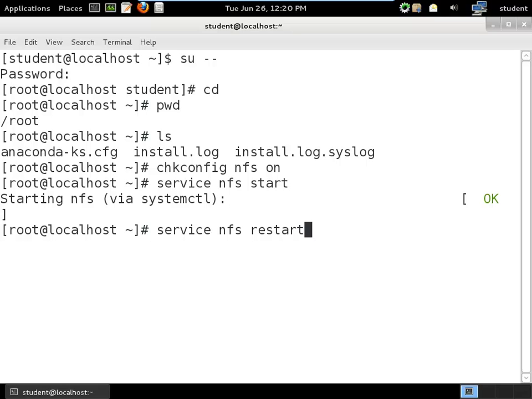Cool. And something I'd like to point out here, and that is NFS is the only server I know of on Linux that you do not have to restart when you make changes to it. So you can make changes to the server and they're immediately live. You don't have to actually